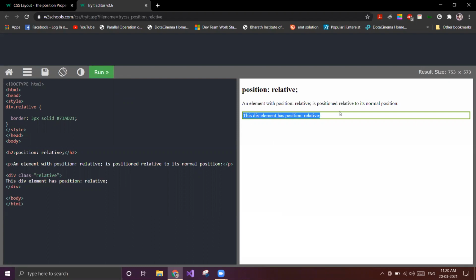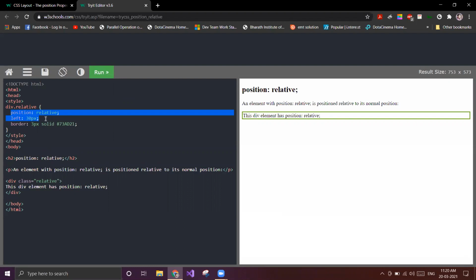If I apply position relative and specify left 30px, it will change its position. But if I remove the left 30px and write only position relative, nothing will happen, it will stay in the same HTML flow.